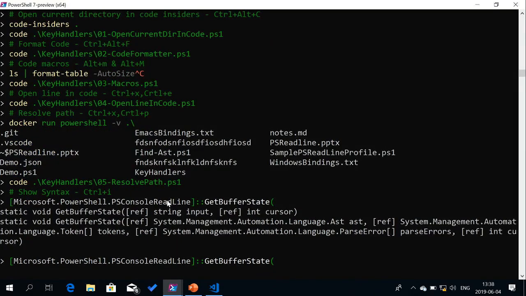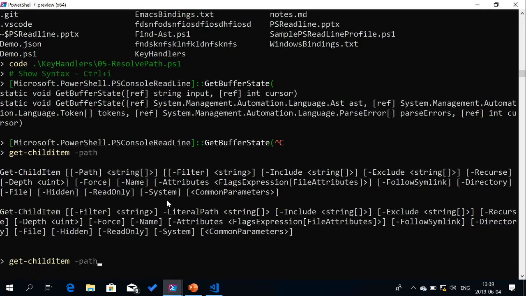control I, which will show you what the overloads are to the method you are at the moment. This also works with commands. So if I did a Get-ChildItem, and I wanted to know what the syntax of Get-ChildItem was, I'll do a control I, and it will give me the syntax. This is quite a nice time saver without having to delete stuff and then look things up on the internet. You can be in the middle of typing something, press control I, and you'll get